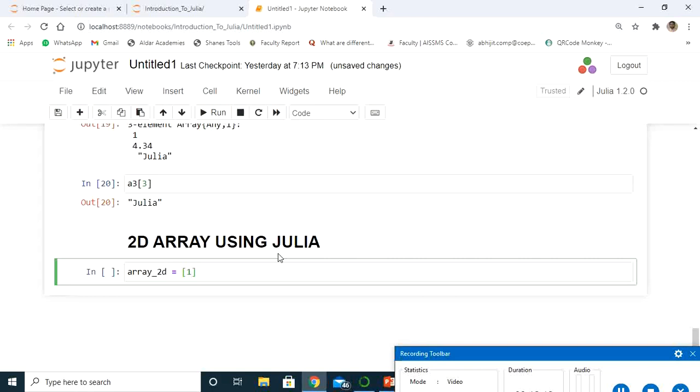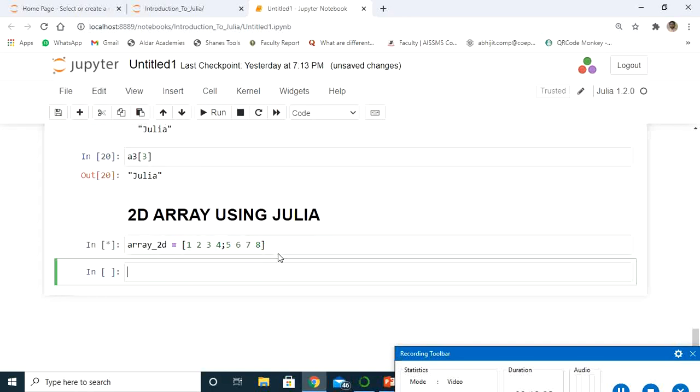Let's say 1 2 3 4, which is my first record. If you want the second record in the second row, you can use a semicolon here, which will allow us to store the record in the second row: 5 6 7 8. Let's try to execute this.